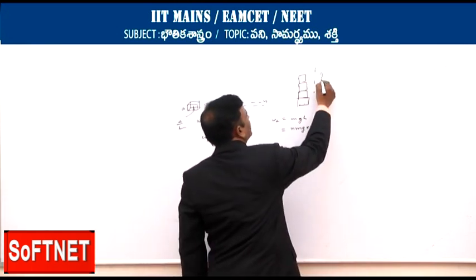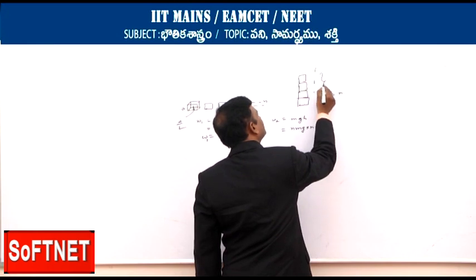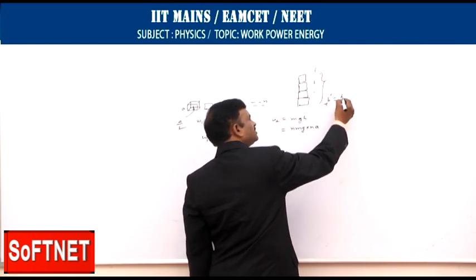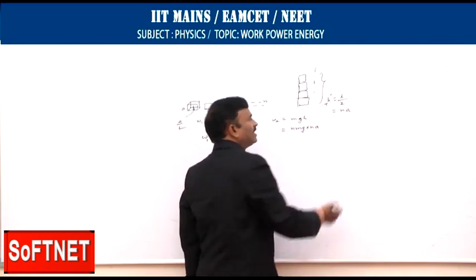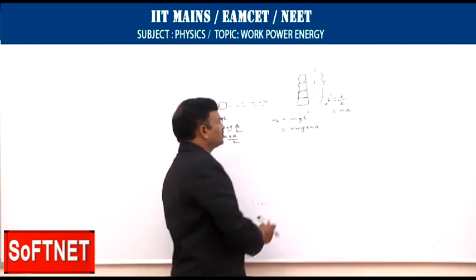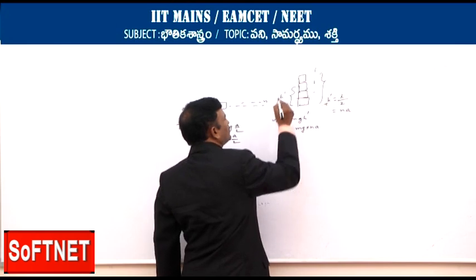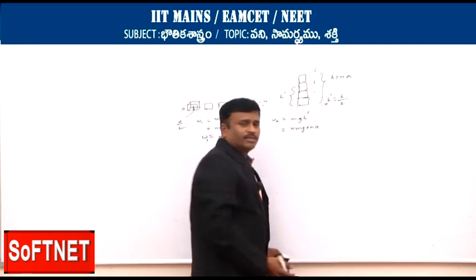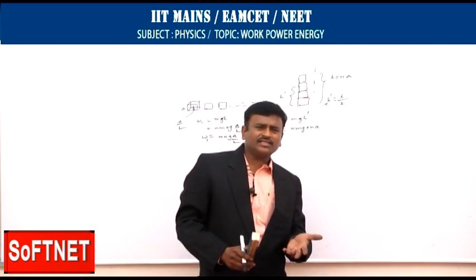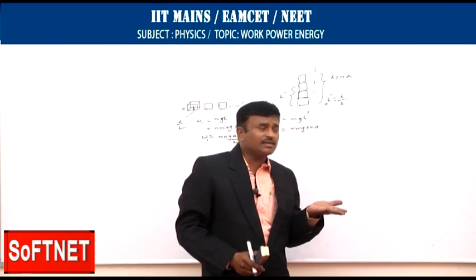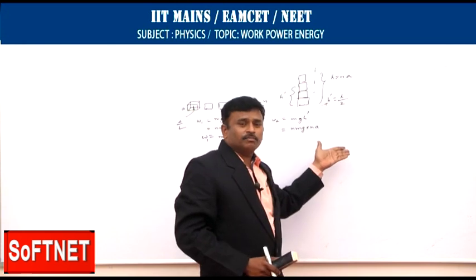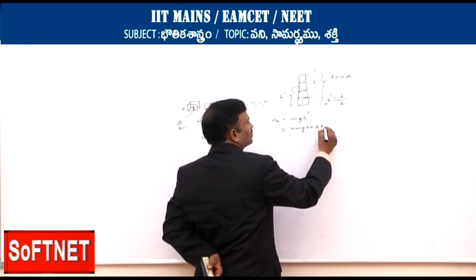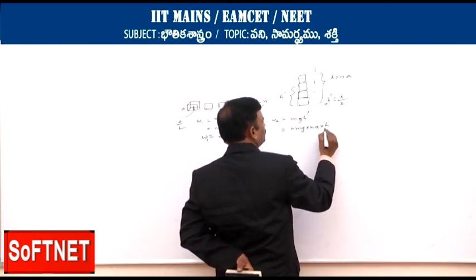Height h is equal to n times a, but where will the center of mass be? The center of mass will be at h by 2. Here h is na, n times a is h. We can take h dash as the height up to the center of mass. Total height h is equal to n times a. Obviously one block height is a, then n blocks height is n into a. Half of the height is nothing but h dash, equal to h by 2, because the center of mass will be in the middle. So that is the reason I am taking h by 2.